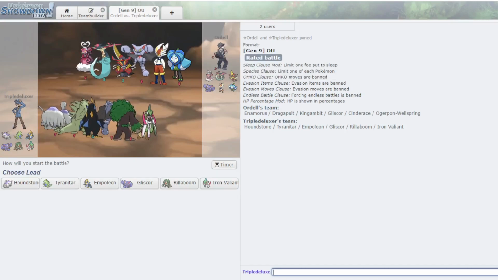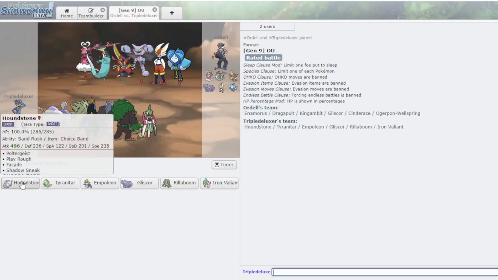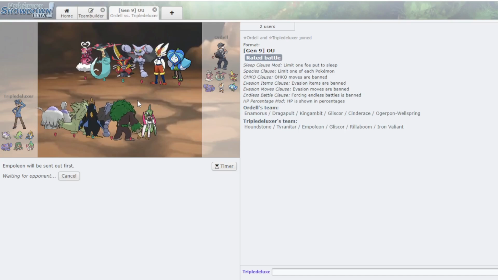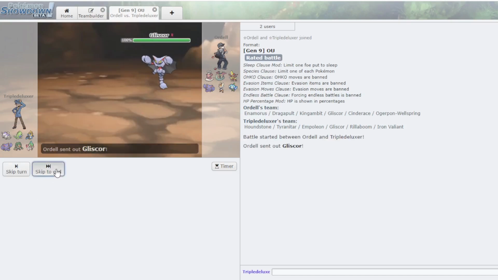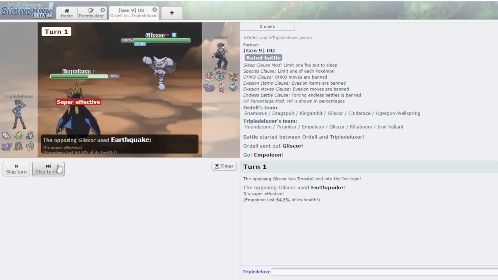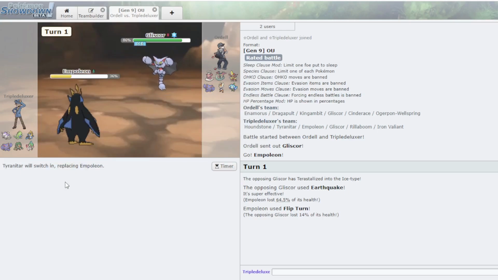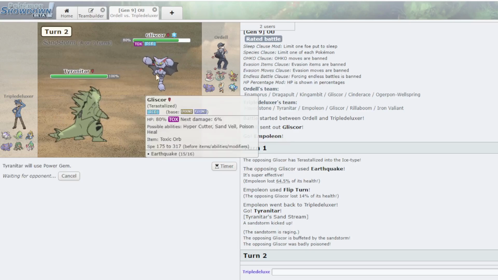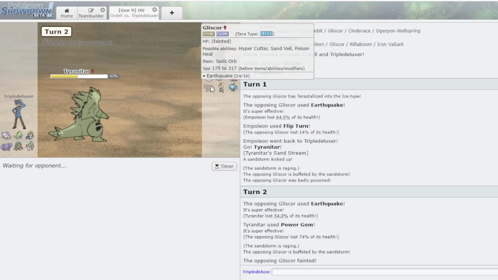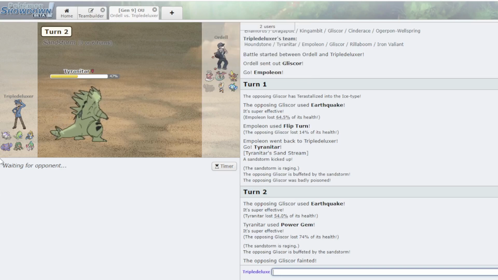I see this team a lot. Is this like a standard team now? Houndstone late game. The King Gambit is a problem. Lead Empoleon is pretty nice. I mean, at the end of the day, right? You use your Terra here. You don't kill me and I Power Gem you. Cool. You use your Terra on your Gliscor and I don't entirely understand why. Like, to resist the Ice Beam, I get that, but...